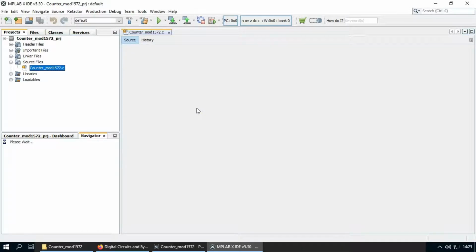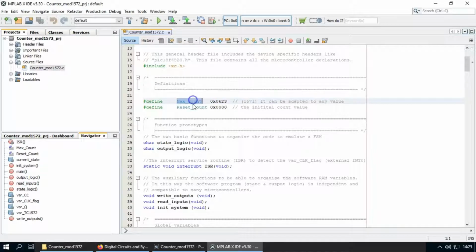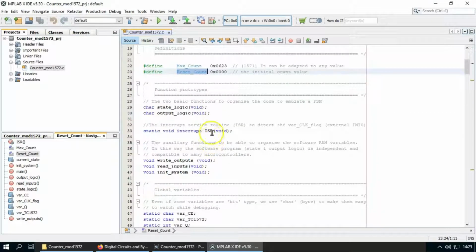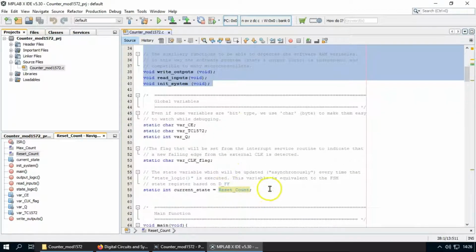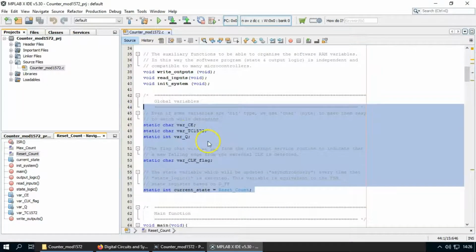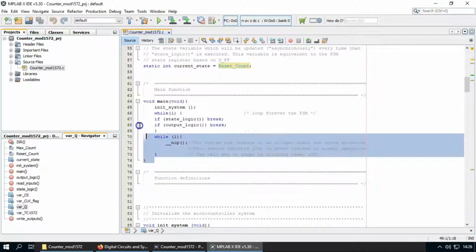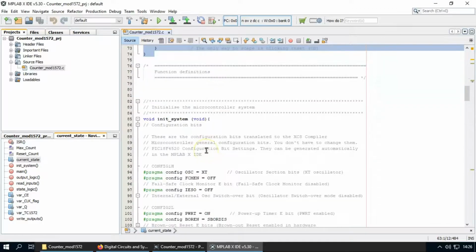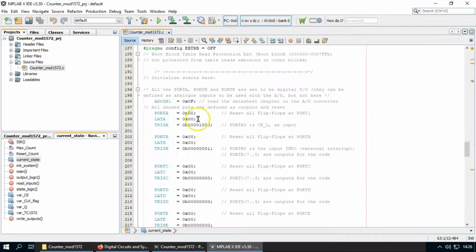And now is the time for inspecting that, okay? As usual, let's keep an eye on the software. So the max count, now the reset definitions, and then the same function prototypes, the list of static chars and ints. You see the difference between an int in the current state, because we are using 11 bits. So the main program, the same. And now the init system, leave the pragmas as they are, don't touch them. So go straight to the